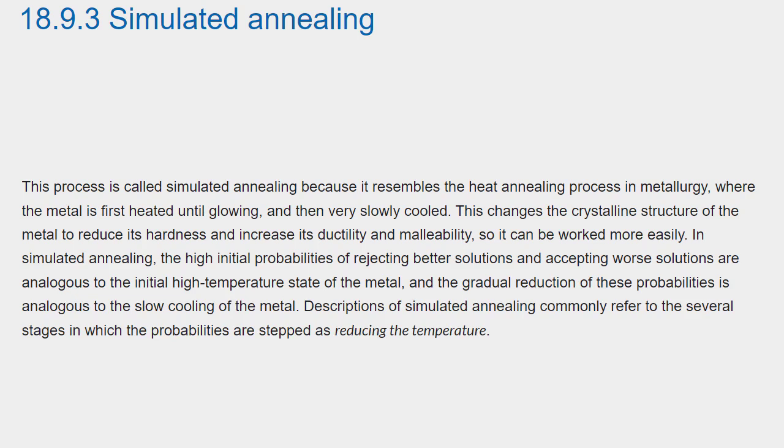In simulated annealing, the high initial probabilities of rejecting better solutions and accepting worse solutions are analogous to the initial high temperature state of the metal, and the gradual reduction of these probabilities is analogous to the slow cooling of the metal. Descriptions of simulated annealing commonly refer to the several stages in which the probabilities are stepped as reducing